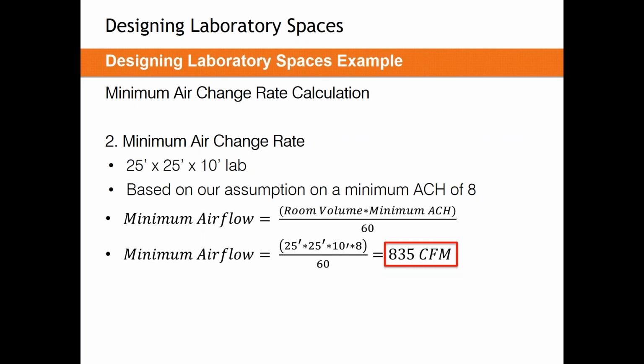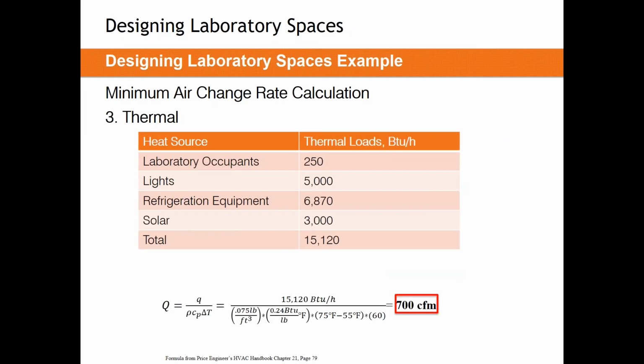The same would go for healthcare. So this is an exhaust number in our case. The supply would be lower. Third, our thermal loading. In this example, we have a few occupants that total 250 BTUs. We have a lighting load of 5,000 BTUs. Our refrigeration equipment is fairly large at 6,800 or so. We do have a solar load to deal with of 3,000 BTUs for a total of